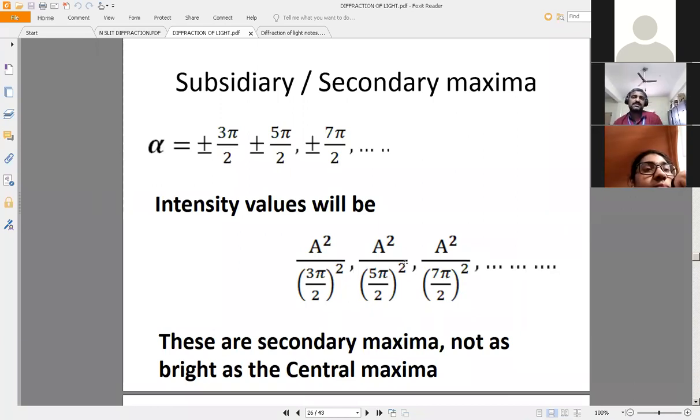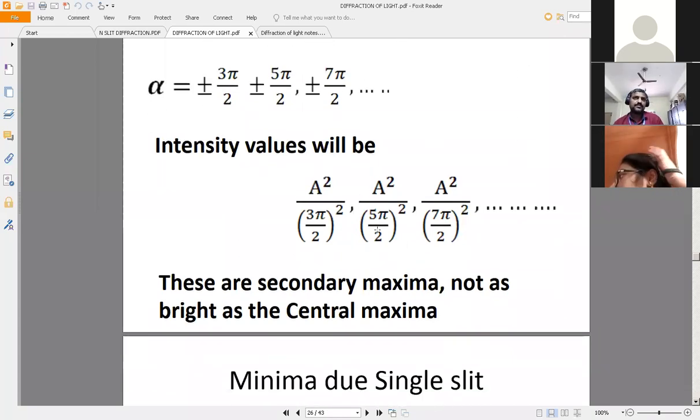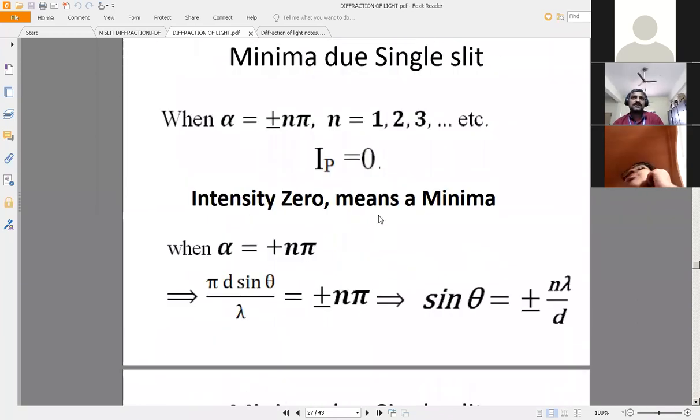Once you come to the physics laboratory, I will show you how this pattern will look in reality. I have a laser diode here. I can project the pattern onto the single slit, and I can show you that you are going to get this pattern in reality also, right? So we have discussed all these things.